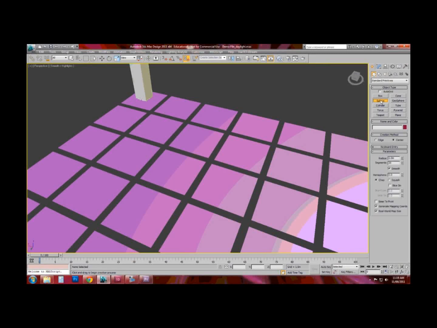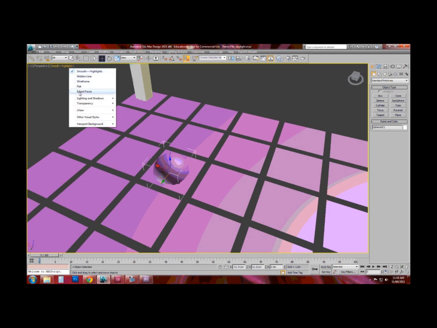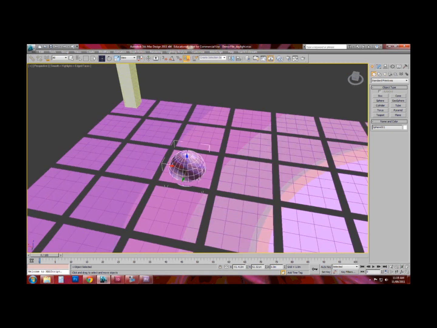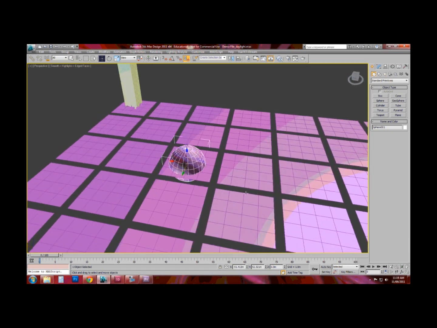And let's create a sphere. So we drag the sphere up, right click to end the command. I'm going to change the view mode to edged faces, and I'm going to hit Z to zoom in